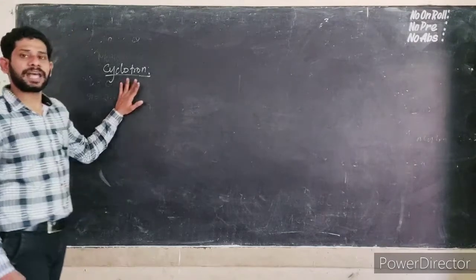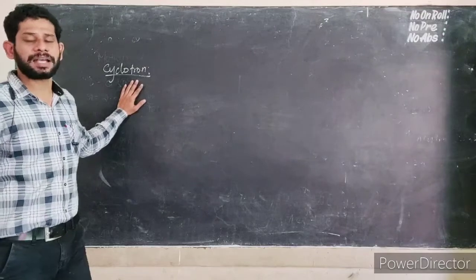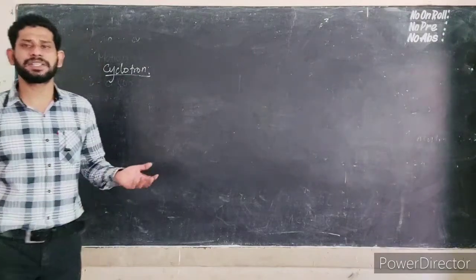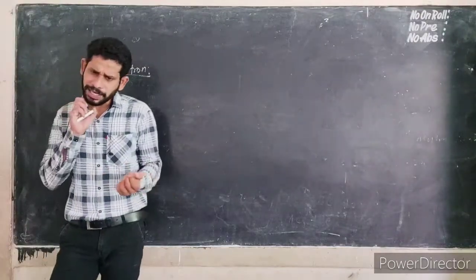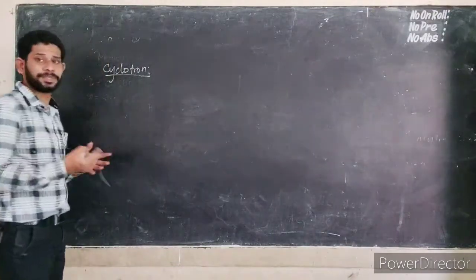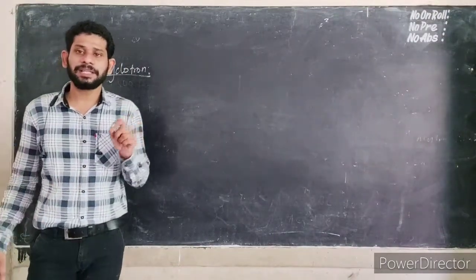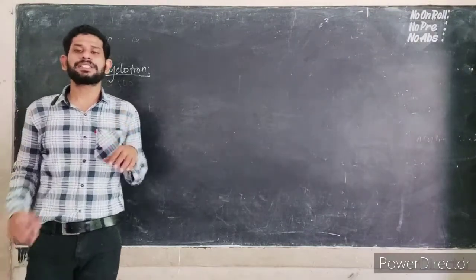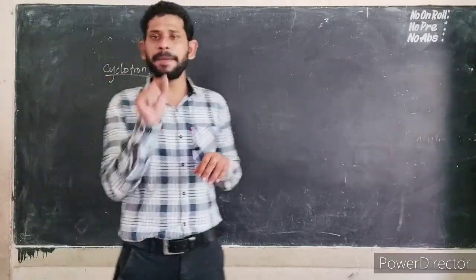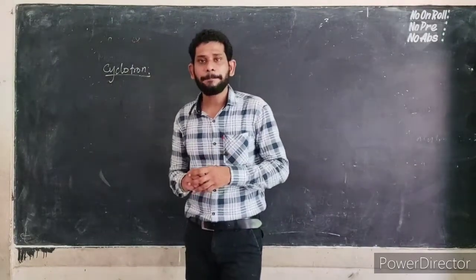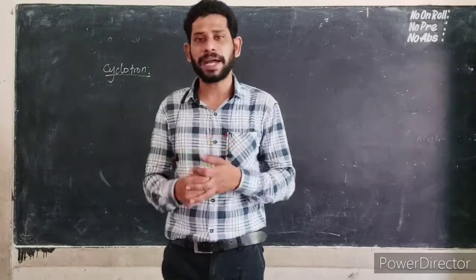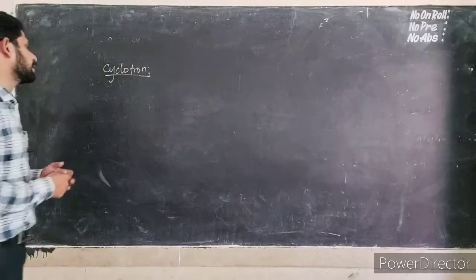Okay. So now listen, page number 174. A device which accelerates the charged particle to gain large kinetic energy. Cyclotron is also known as a high energy accelerator. It was discovered by Lawrence and Livingston, right? So construction. What is the principle used here? When a charged particle, a positive charge, is placed in the uniform magnetic field, it experiences the magnetic Lorentz force. That's the principle used here.